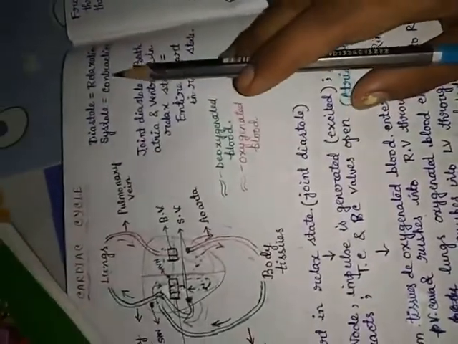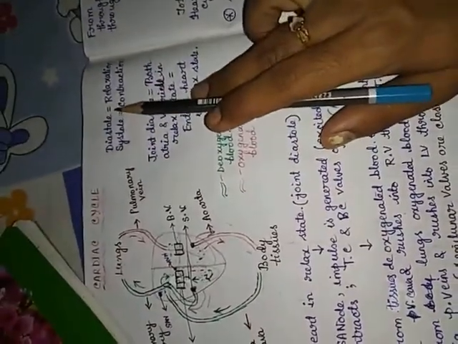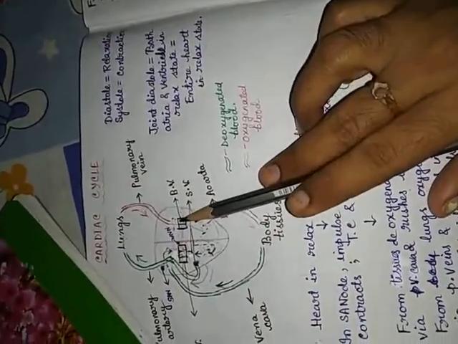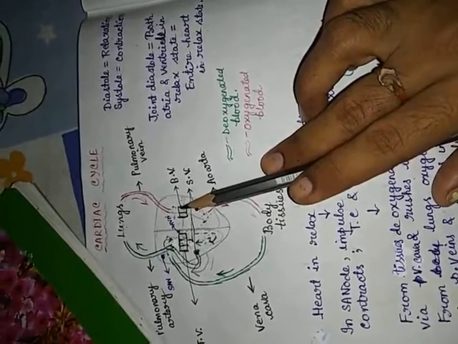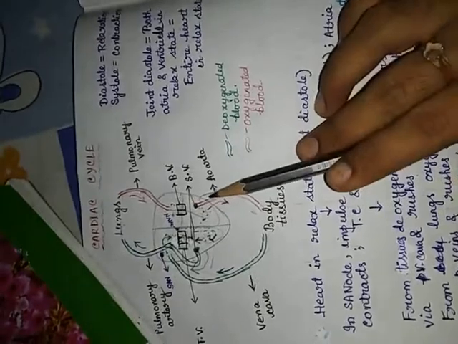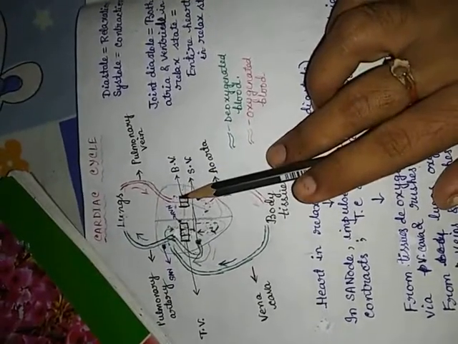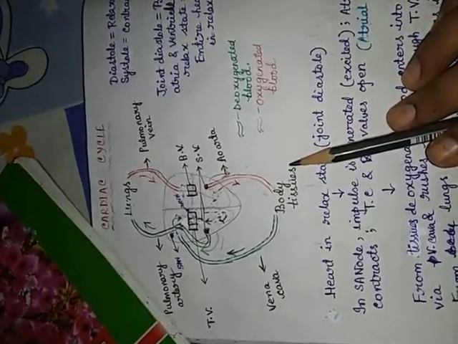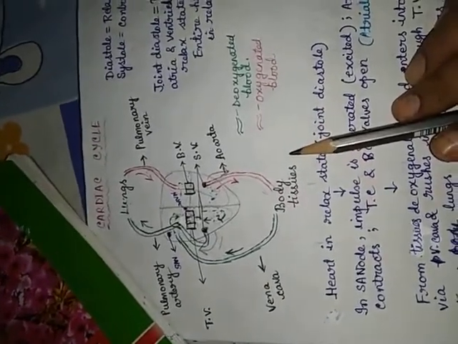it has been found that when first the entire heart is in a relaxed state, okay, then first both the auricles contract, and at that time the ventricles are in a relaxed state. Next the ventricles contract, the auricles are in a relaxed state, and at last both become relaxed. So this is the cardiac cycle. Just follow the video carefully and try to understand. Okay, it's a complex process.